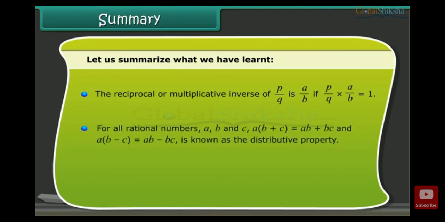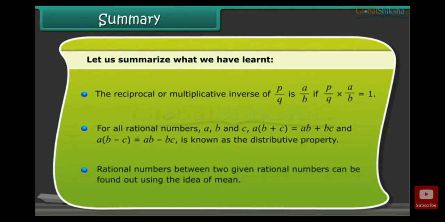For all rational numbers a, b and c, a into b plus c is equal to ab plus bc and a into b minus c is equal to ab minus bc is known as the distributive property. Rational numbers between two given rational numbers can be found out using the idea of giving